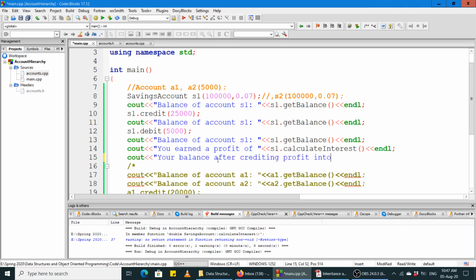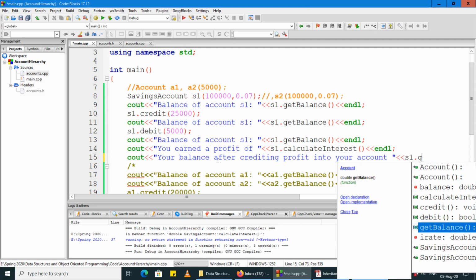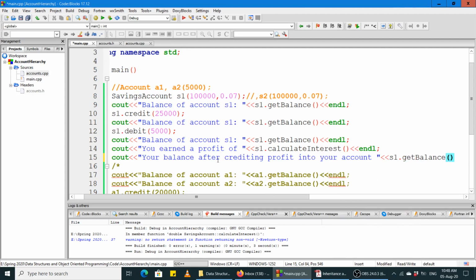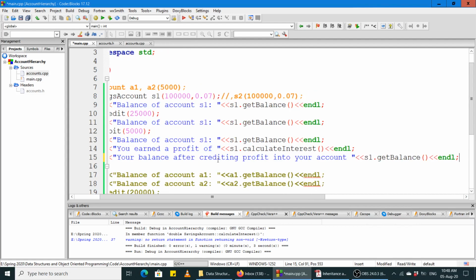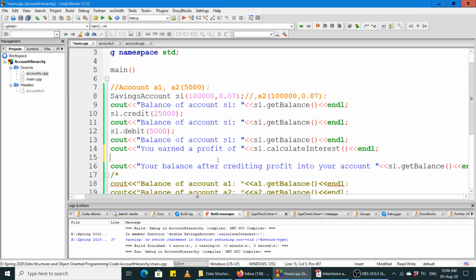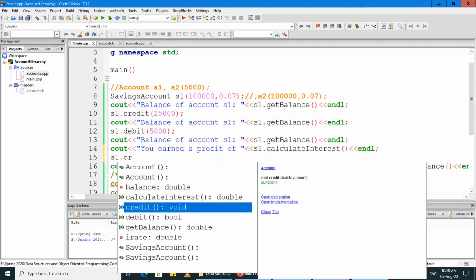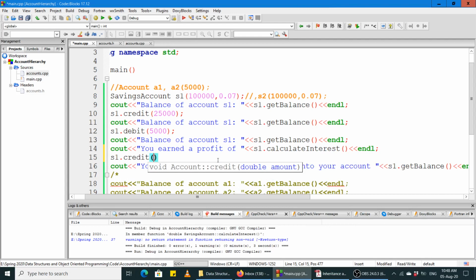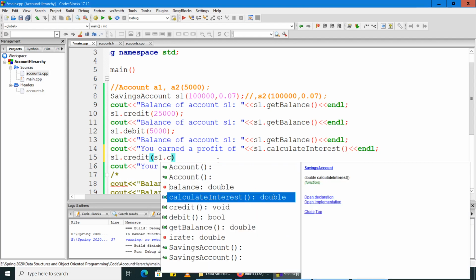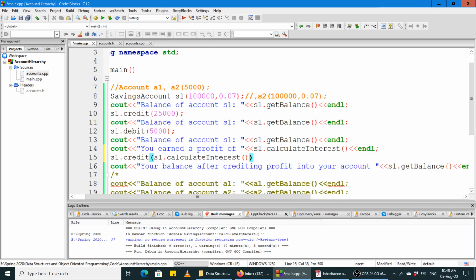प्रॉफिट इनटू योर अकाउंट, एंड अकाउंट में मुनाफा जमा करने के बाद बैलेंस क्या हो गया, ठीक है। सो वो है जी s1 डॉट गेट बैलेंस, ठीक है। अच्छा जी, अकाउंट में मुनाफा कैसे क्रेडिट करेंगे, वो यूं करेंगे s1 डॉट क्रेडिट। अच्छा, क्या पैसे जमा कराएं जी, s1 डॉट कैलकुलेट इंटरेस्ट, इंटरेस्ट कैलकुलेट करें, जितना बनता है बस वो अकाउंट में जमा करा दें, ठीक है।